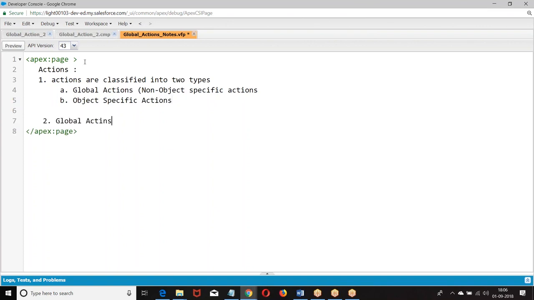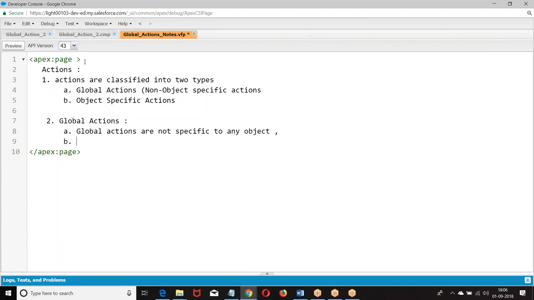Global actions are not specific to the object. We can add the global action to any page. So create global action.